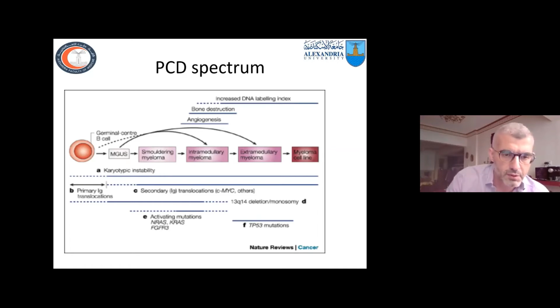Then it usually picks up the secondary immunoglobulin translocation together with the famous 13q14 deletion monosomy translocation, which may occur with the activating mutations of the NRAS, KRAS, and FGFR3, and eventually picking up the TP53, which is the most serious or the most fatal form of mutations that we can pick up in the